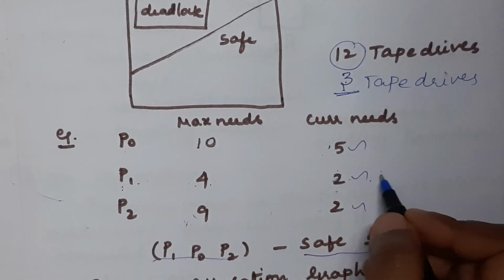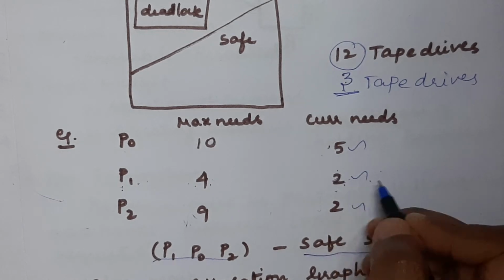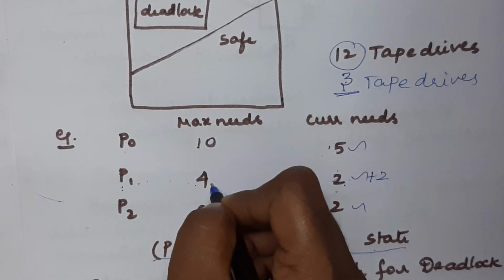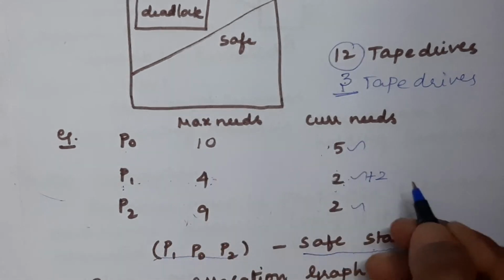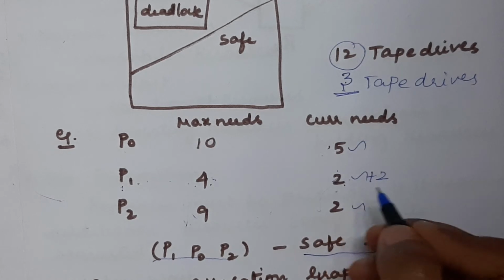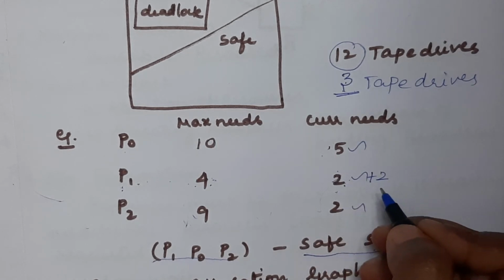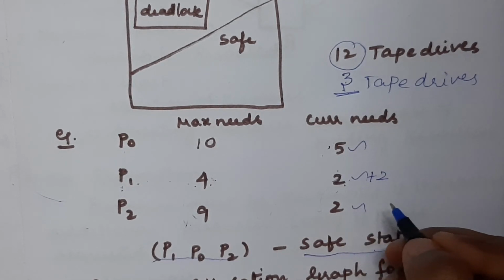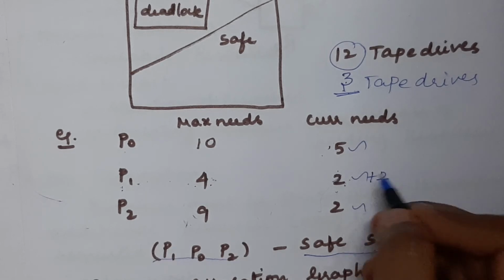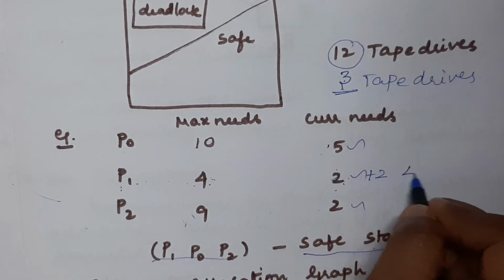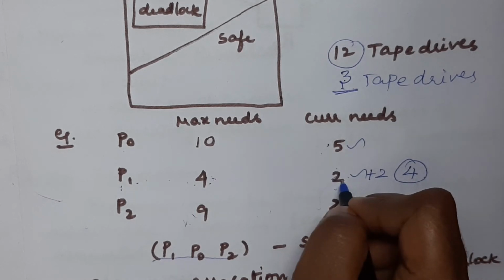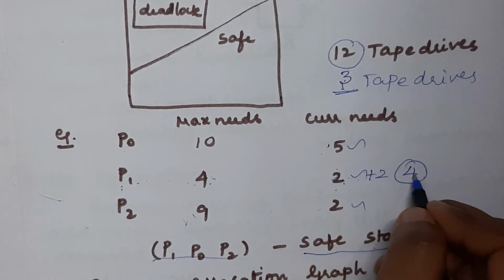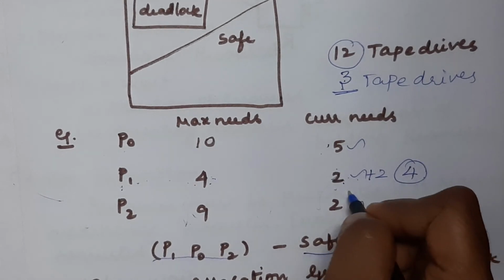So the remaining resources have been allocated, 2 plus 2, which is 4. So it achieved the target, which means the maximum need has been allocated. It completes its entire task, and after using all the resources it has to release them. That is the sequence of execution of the resources by the process. So it will release 4 resources at the end of process P1. Once it completes its execution, it will release the total number of resources that have been allocated.